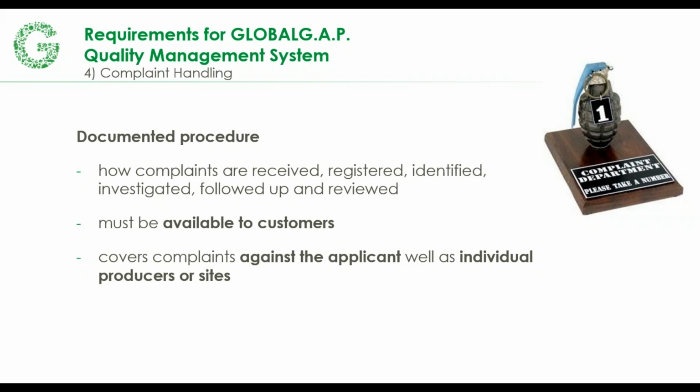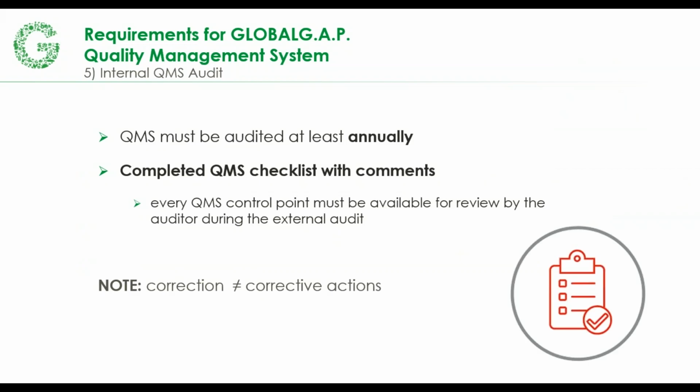So certain food safety aspects of a complaint from a customer, say beyond the grocery store level, if a complaint comes from a normal end-user consumer, maybe those complaints are handled by the marketing company and then by the packing house, and the packing house determines whether the farm is implicated or not. Depending on that situation, maybe the farm needs to have their own complaint procedures as well, but it just depends on the procedures of the group. But the relevant part of the complaint system should be available to the producer members.